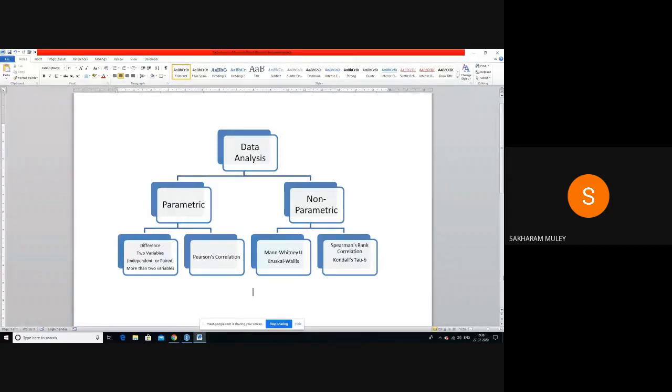What are the assumptions of a parametric test? The basic assumptions are that the data should be normally distributed, it should be defined on a scale, and there should not be a significant difference between the variances of the groups taken for comparison. Let us assume my variable is blood pressure, or the weight of a person, or the height of a person. These are very simple examples. Annual income of the person.